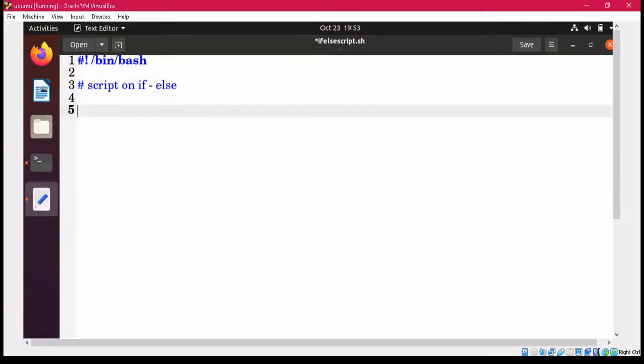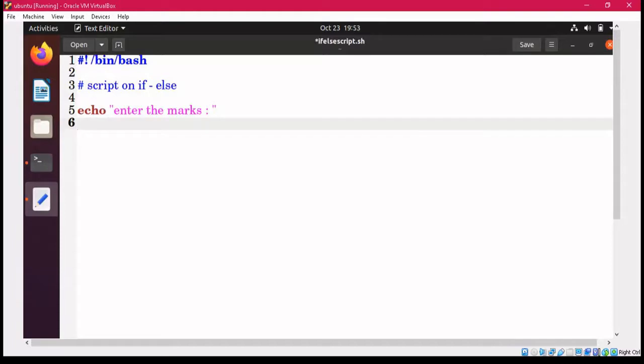So first we are going to display a message with echo: enter the marks. I'm going to use the same code that I used for if and multiple if, so that it's clearer to you. Then we use the read command to read the variable marks. Then we use the if keyword with square brackets. We have to create a space after the opening square bracket, and then I use